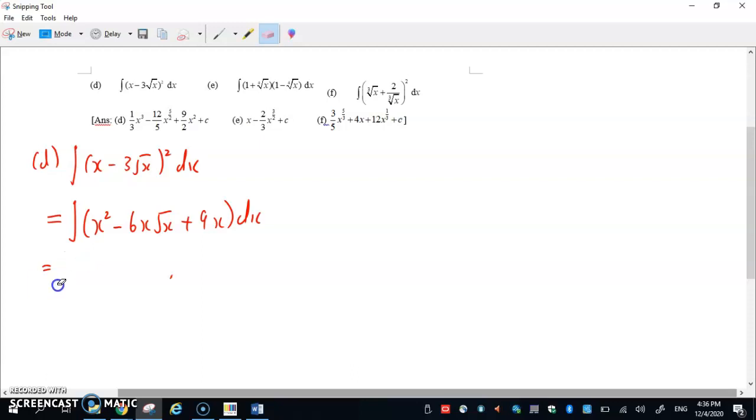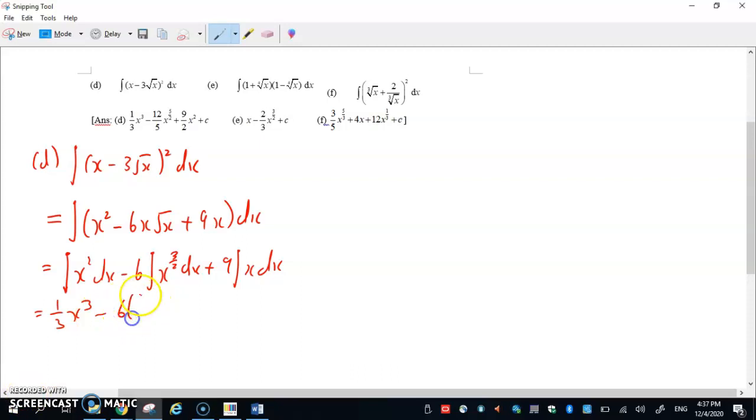Okay, I'll go back one step and I will split them into 3 parts first. Integrate x squared dx minus 6, which is outside, integrate x to the power of 1 plus half, which is 3 over 2, dx plus 9 integrate x dx. And what we get is 1 over 3 x cubed, and we have minus 6 times 2 over 5 x to the power of 5 over 2 plus 9 times half x squared plus